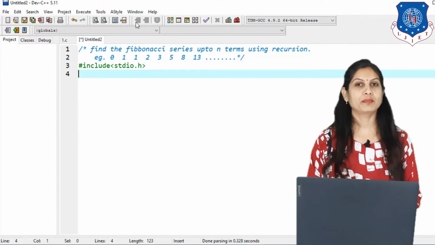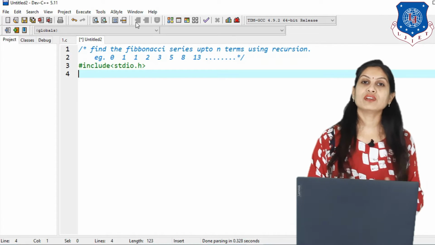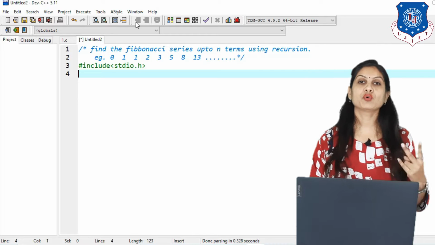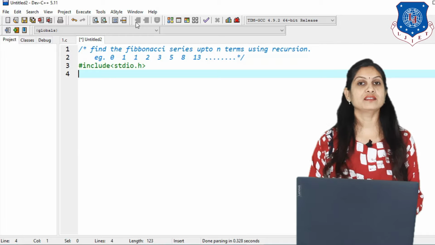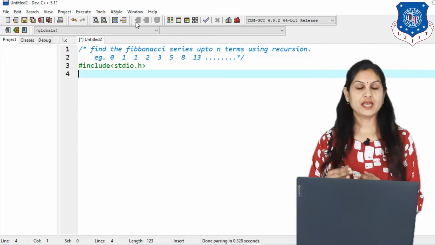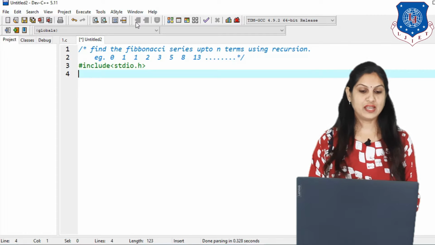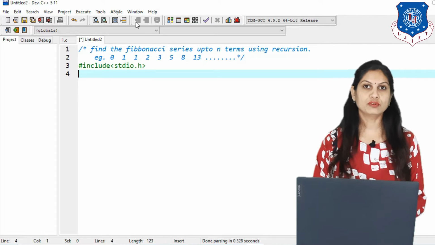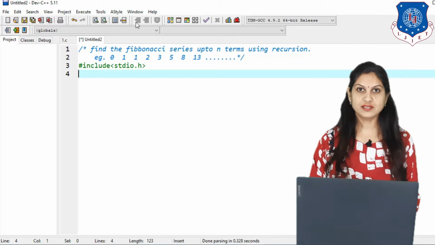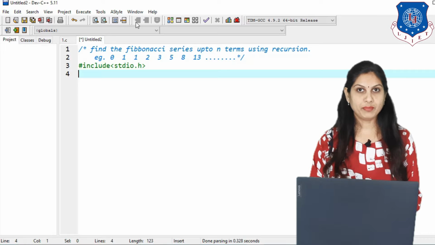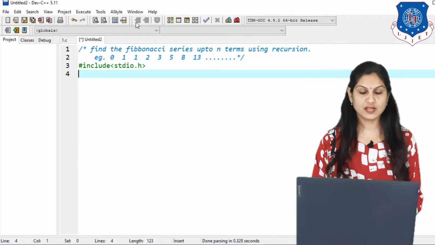I am Professor Bhumi Patel from LJ Institute of Engineering and Technology, and in our previous lectures we have already completed two practicals. First, to print "hi" multiple times, and the second is finding the factorial of a given number. And today we are moving on to another practical: to find the Fibonacci series up to n numbers. I hope you are aware of the Fibonacci series, but again we are repeating the logic for finding it.